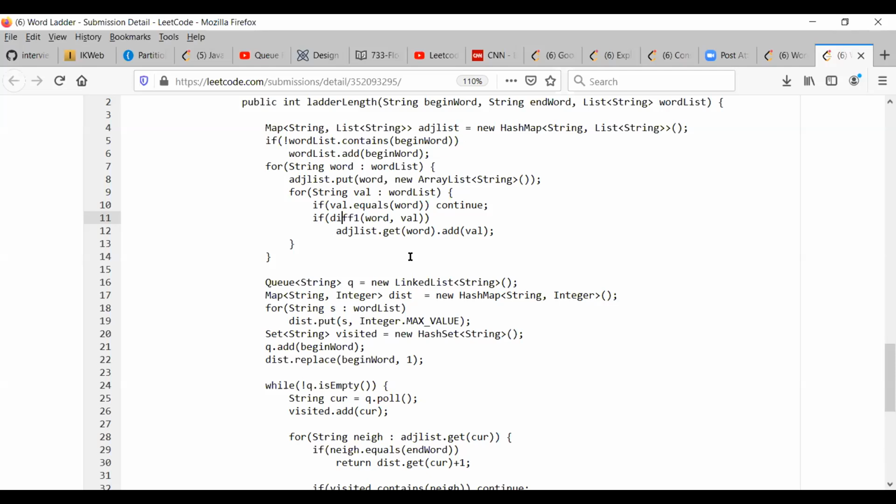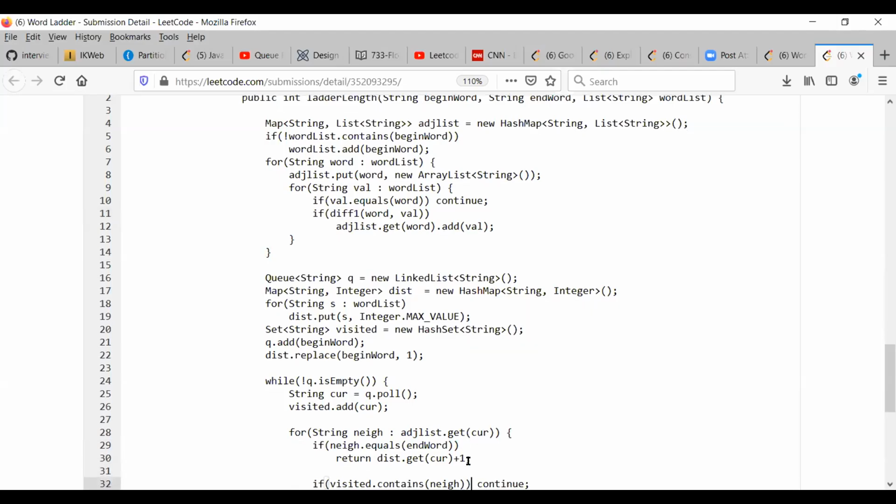Wouldn't the building of the adjacency list take n square? I think, Shweta, instead of actually building the adjacency list of your word list, if you build it based on your begin word, that will be more optimized, because here again, we build every time we hit here, right? I can embed that here.